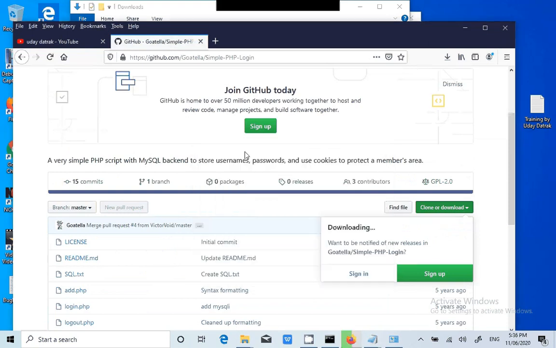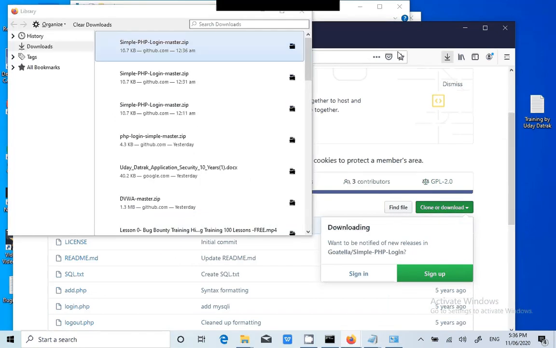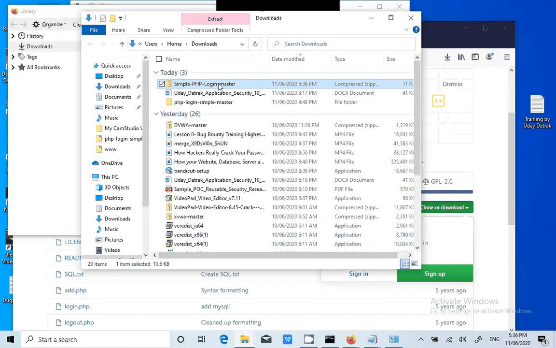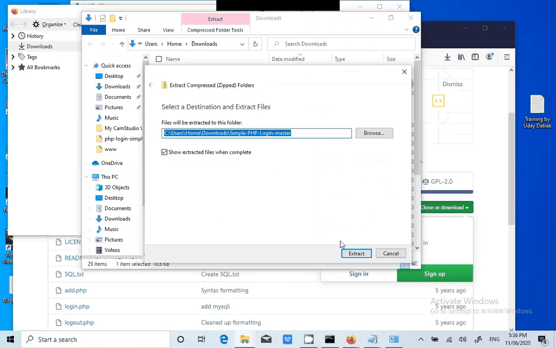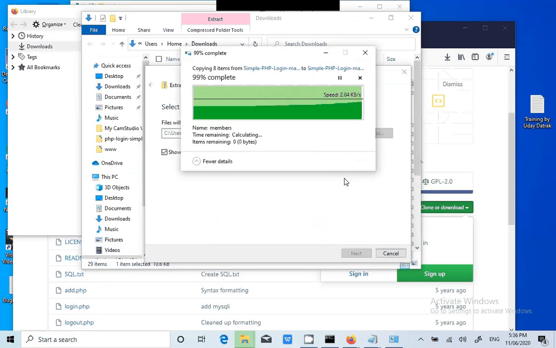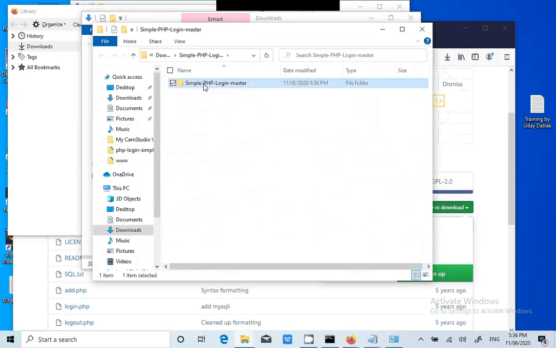We are downloading it. Extract. It's a folder.